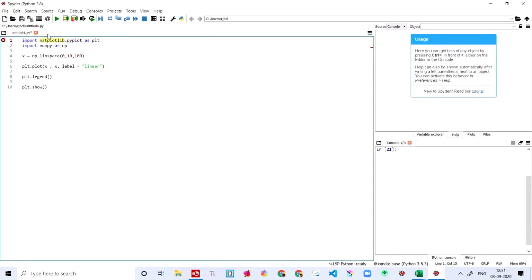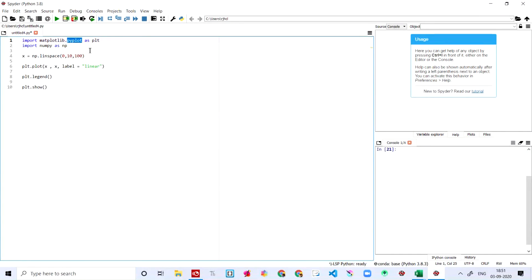There's nothing wrong over here according to me. Yeah, the error is gone now. So that's all it is. We basically import matplotlib.pyplot as plt. We're just importing the plot module, nothing more.